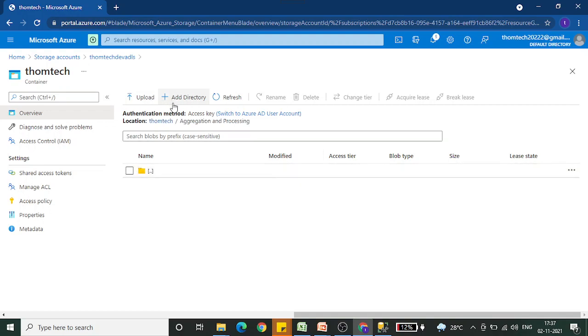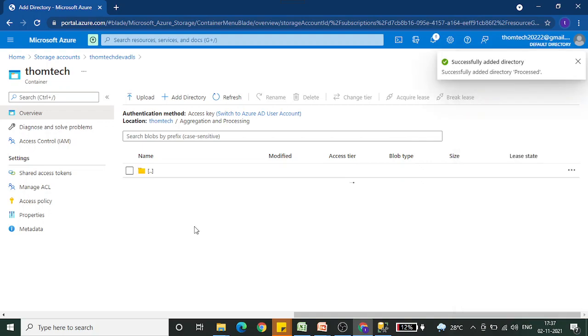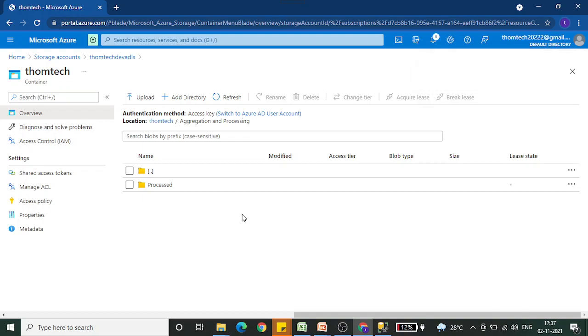And again we will be creating another folder, processed. Once the files are aggregated, we will push them into the data model, that is the Azure SQL database, and once they are processed, we will push those files into the processed folder. So by this folder structure, I think you got some idea of our plan and how we are going to proceed with our POC.